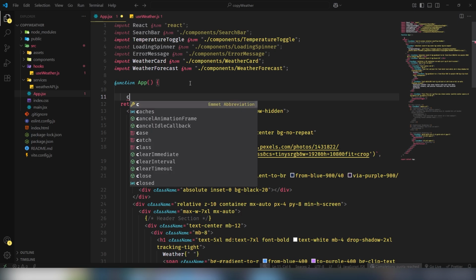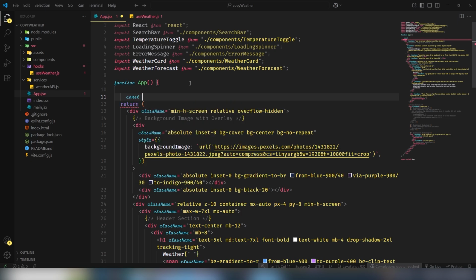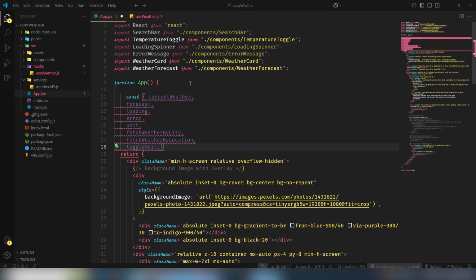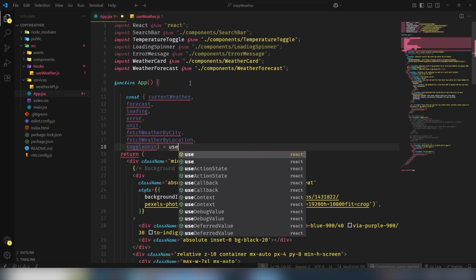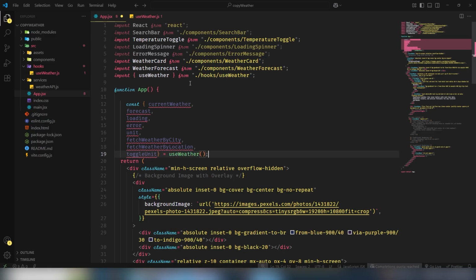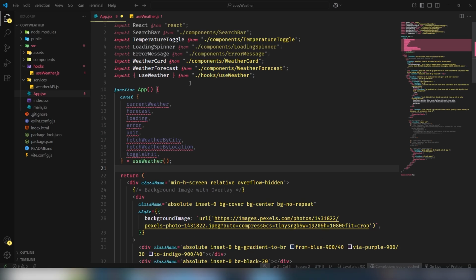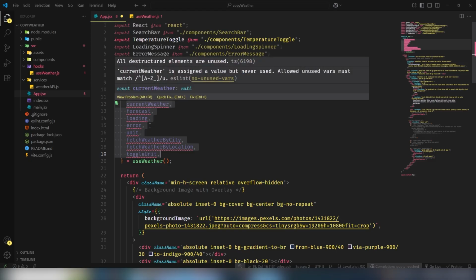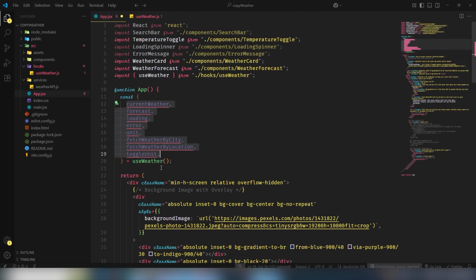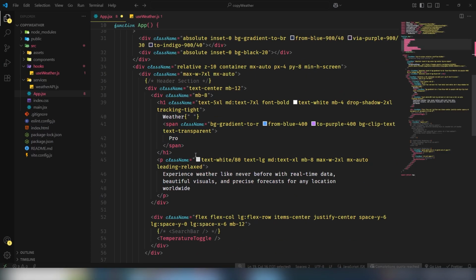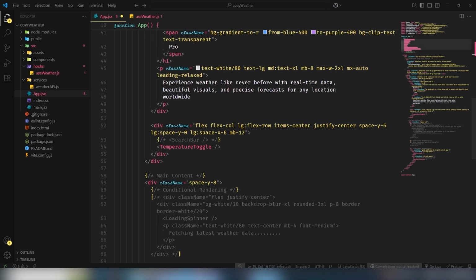Inside there, I'm going to use const, destructure this data and just use the weather hook like this. Then you can use all of the functions inside this file. So let's work on that to add the conditional rendering on this page to display the particular